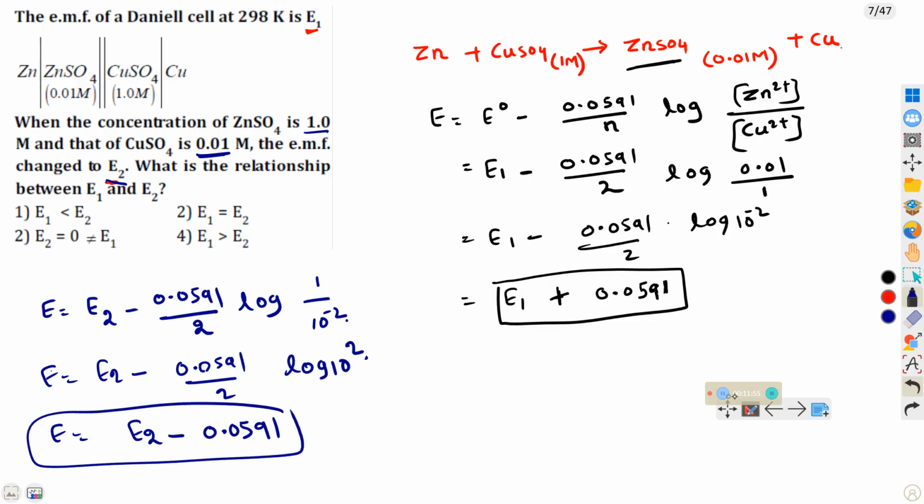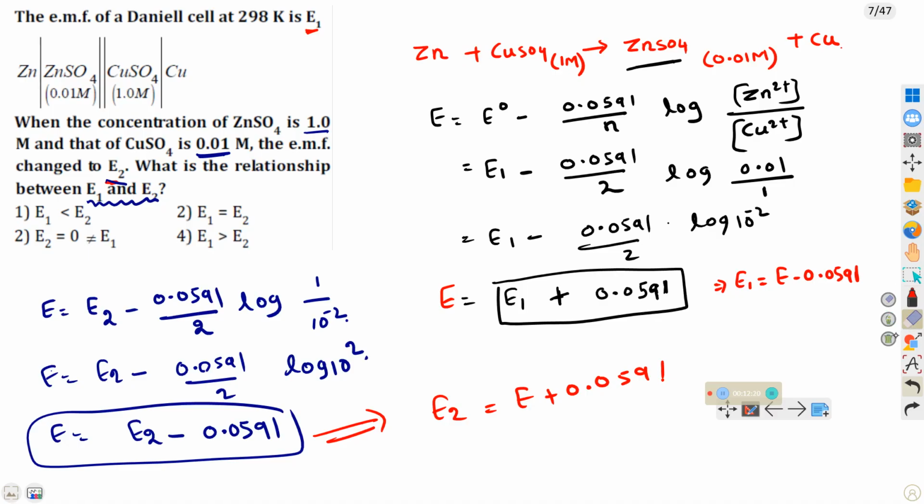Based on this, here the question is between E1 and E2. So this is the E value. E1 is equal to E minus 0.0591. E2 is equal to E plus 0.0591. So based on this,